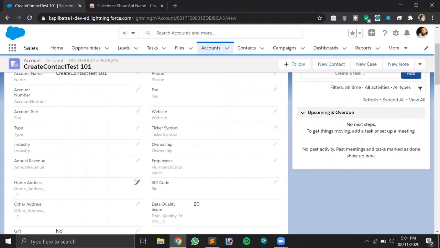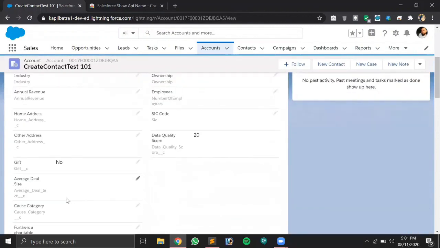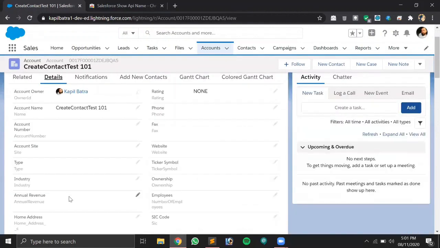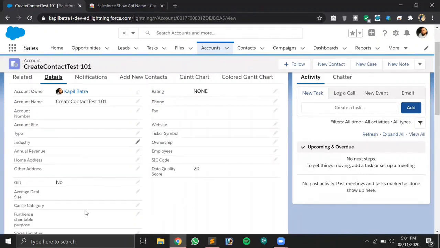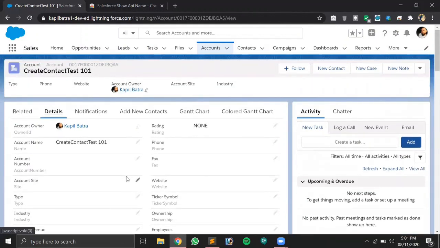Alright guys, so as you can see, after pressing the shortcut key, you can see the API name of fields underneath them. You can see the API name of standard fields as well as the custom fields. And guys, if you press the shortcut again, the API name will be hidden again. Let me just press it. Alright, so we are back on the default view guys. Also guys, if you notice, there's the account ID also, after the account name, you can see the account ID here. So overall guys, yes, it's a very useful extension.